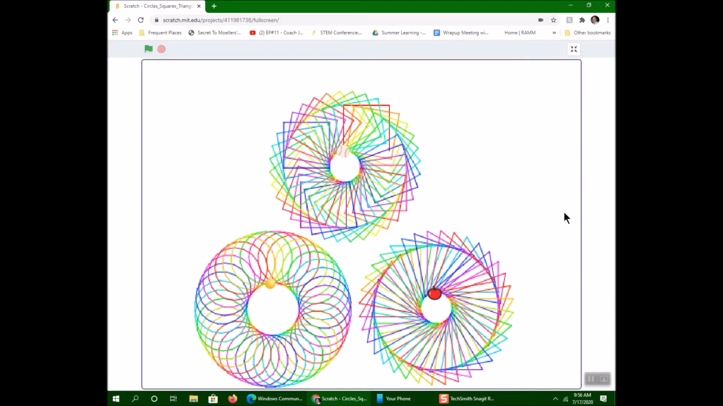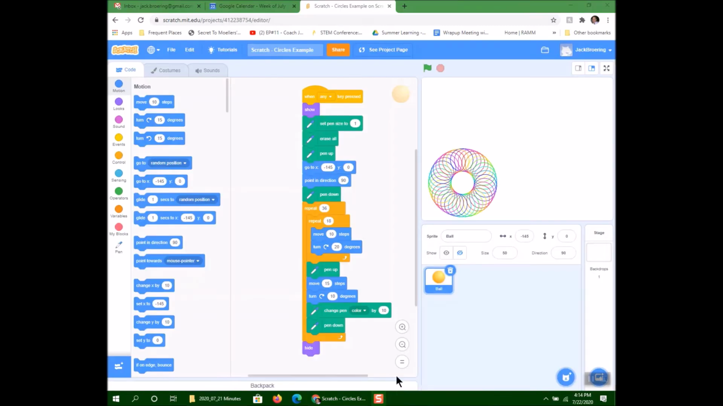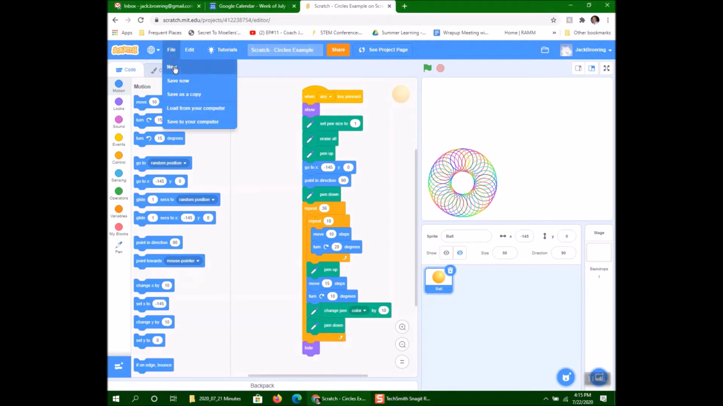Okay, so now how did we do that? Well, let's take a look. Let's try to draw these circles here. Notice that this ring consists of many circles, so we're going to try to repeat that. Let's first go to File, and we'll go to New,